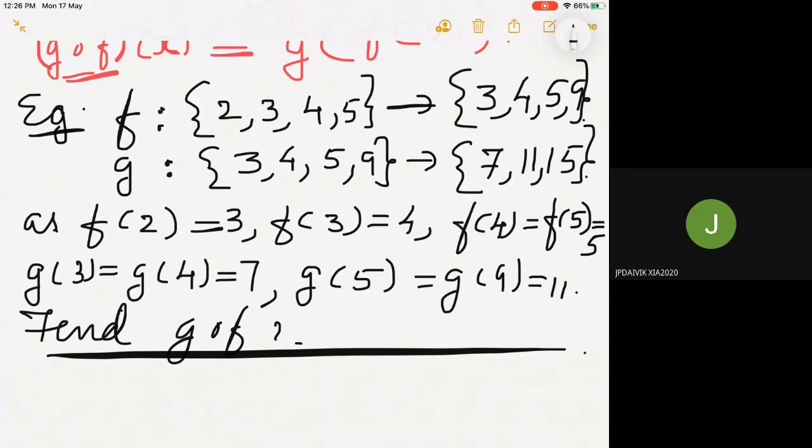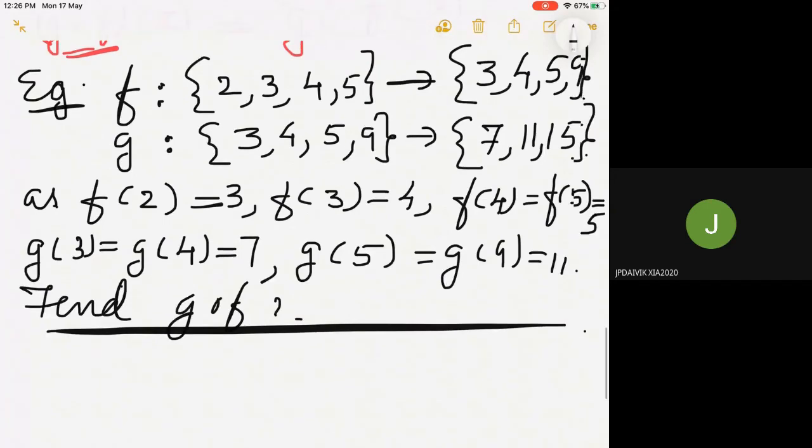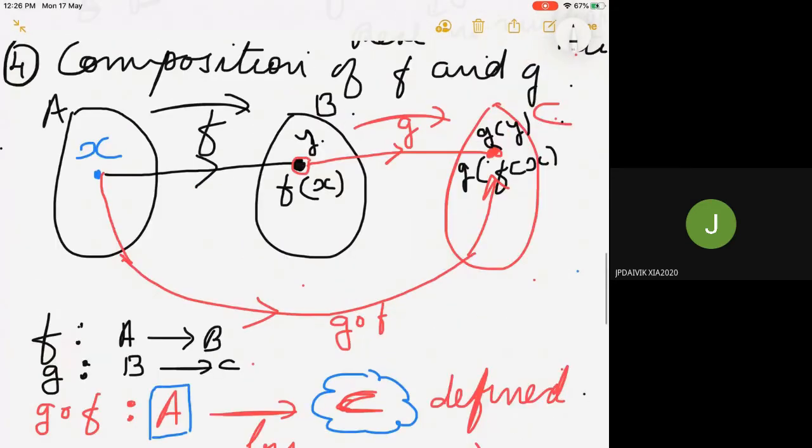Write down. How to find g dot f? First of all, you have to know from word to word g dot f is defined. So this picture is very important. G dot f, ये जो second में जो लिखा है वही इधर first में आता है g dot f.